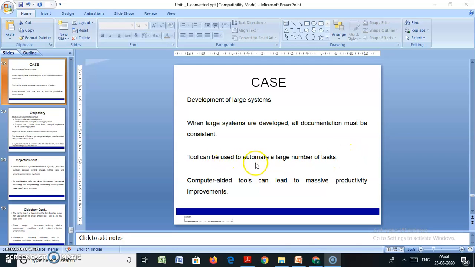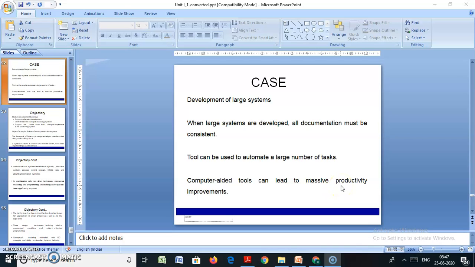Next, tools can be used to automate a large number of tasks. By using tools, we execute the tasks automatically. So the CASE tools provide the automation techniques for executing the tasks. Computer aided tools can lead to massive productivity improvements. With the help of those automation techniques, we can increase the productivity of the product.